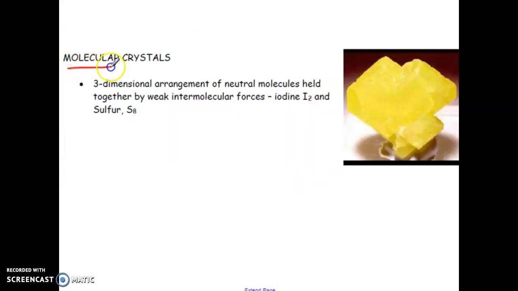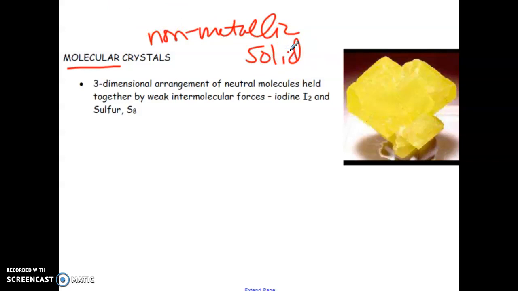Okay, molecular crystal, in other words, a non-metallic solid, is where you have a solid compound composed of only non-metals. Non-metals come in a variety, like non-metal molecules, you have a variety of different states of matter. So what we're referring to here is where you have a solid made solely of non-metals, and actually more specifically,